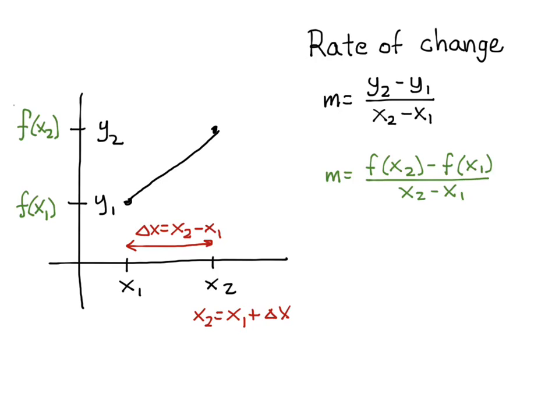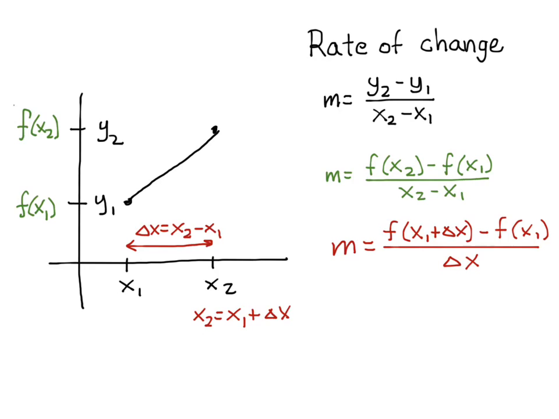So if I take the green definition of my slope here, and I put in this x2 minus x1, instead of x2 here, I'm going to have x sub 1 plus delta x, and then x2 minus x1 is delta x. So this here is exactly this equation, just with different symbols in it. I'm using it as a function, and there's no x2 in here. It's always x1 and delta x. Okay, everybody follow so far? The symbols